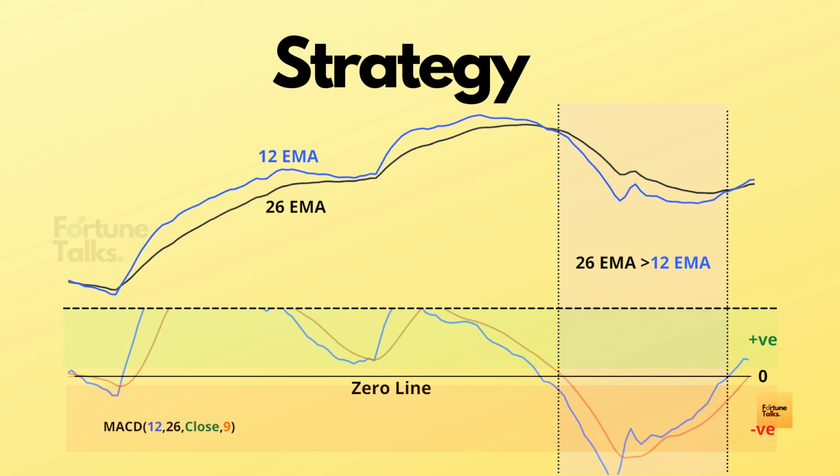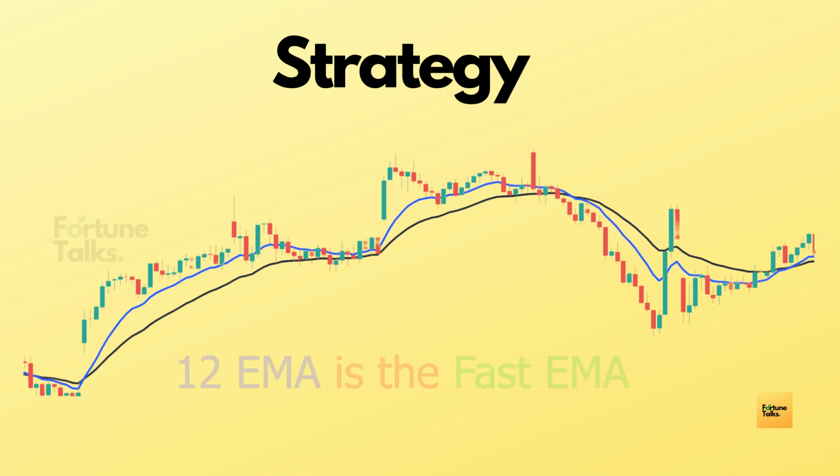Consider if the 26 exponential moving average is greater than the 12 exponential moving average, it means that the MACD line has a negative value, right? And it means that the MACD line is below the zero line. And when will the MACD become positive? When the 12 EMA is greater than the 26 EMA, right? Also, the 12 EMA is